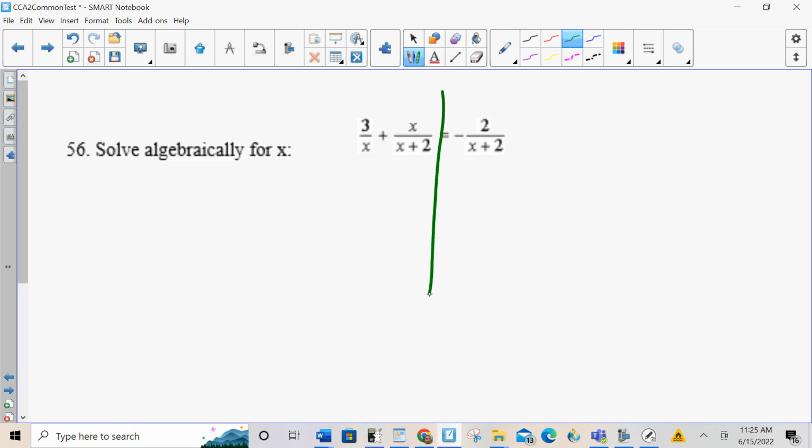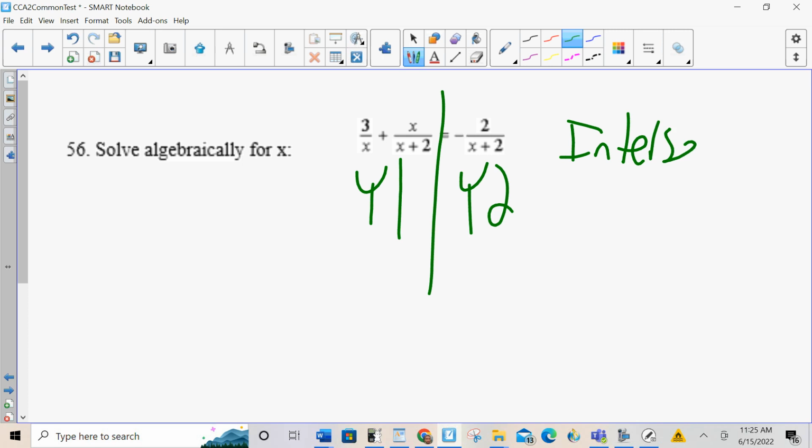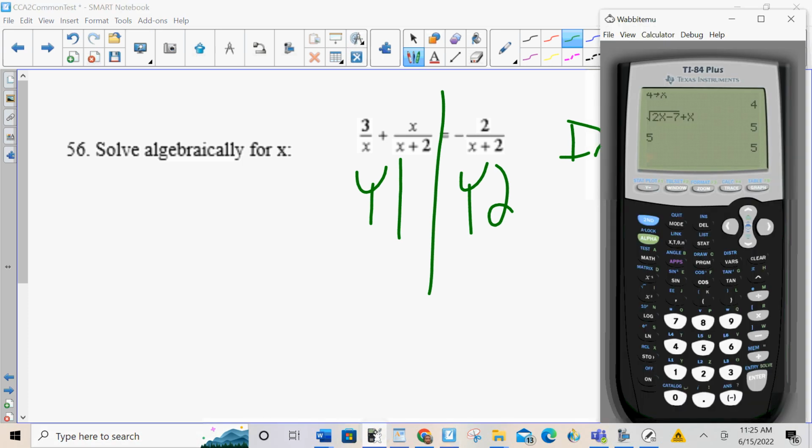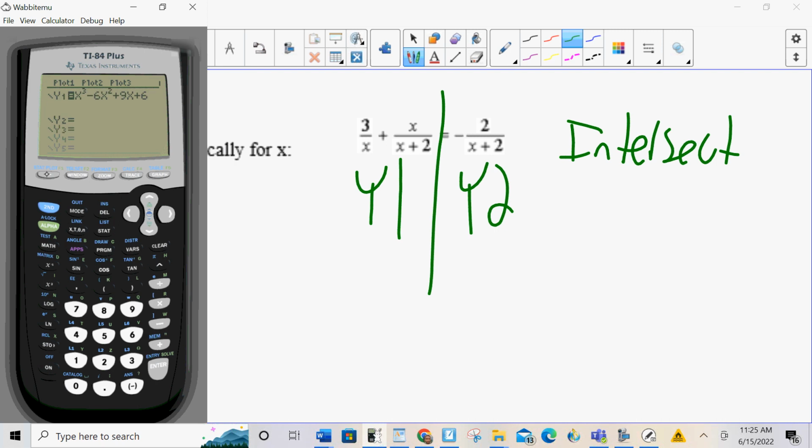First of all, as far as showing work goes, and this applies to everything we're doing in this video pretty much, for any equation, write Y1, Y2 intersect. Y equals, alpha, Y equals, enter, 3 over x plus x over x plus 2 negative 2 over x plus 2. Zoom 6, whoops,